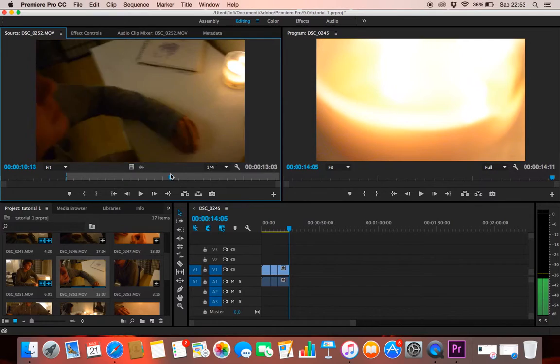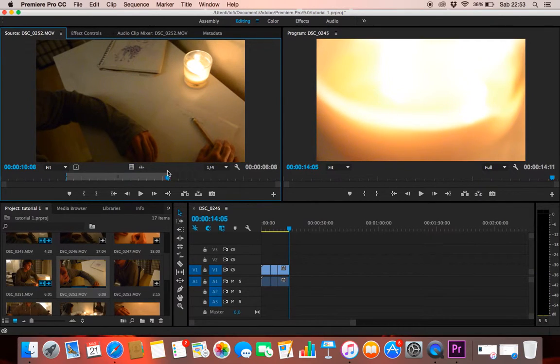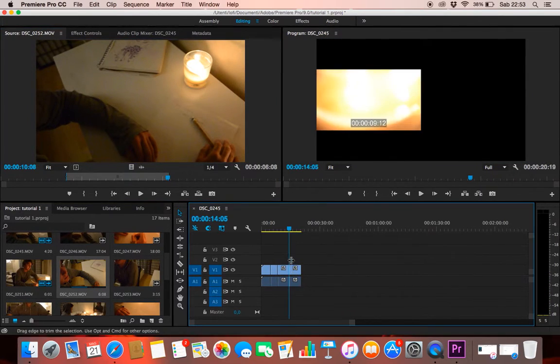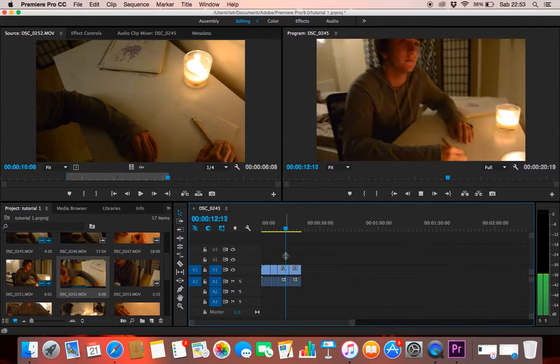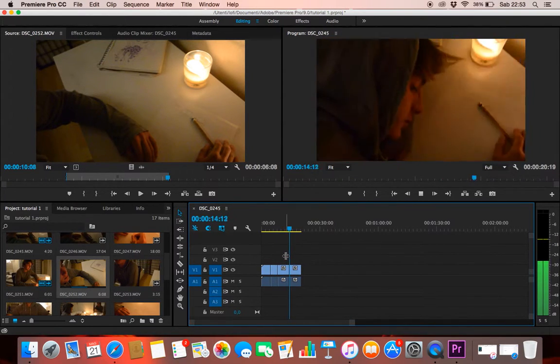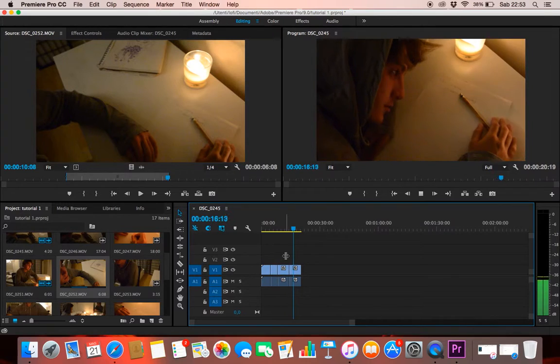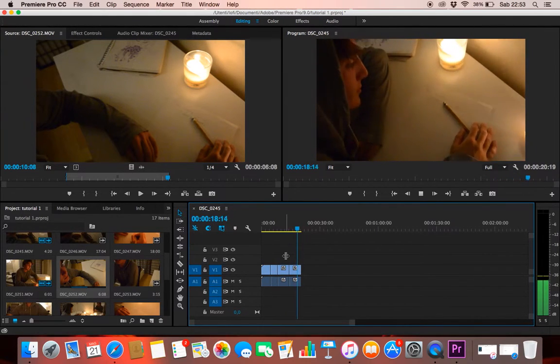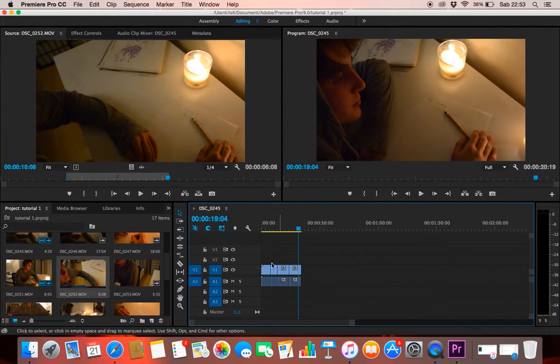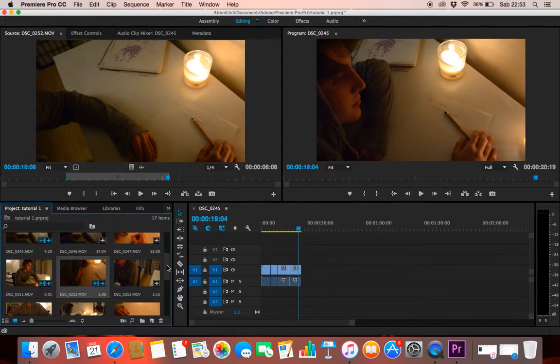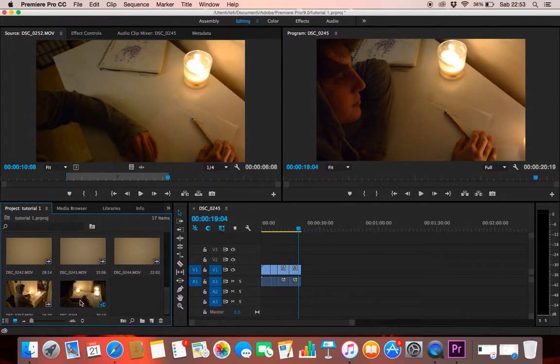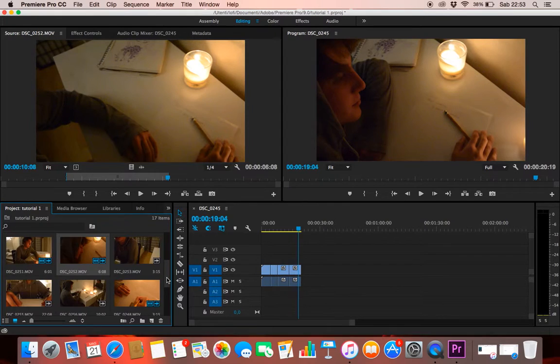Okay, let's use just the first part. Okay, let's drag it here. Let's see if it worked out. Goes into the candle and he wakes up. So we use that to cut this, and then let's try to